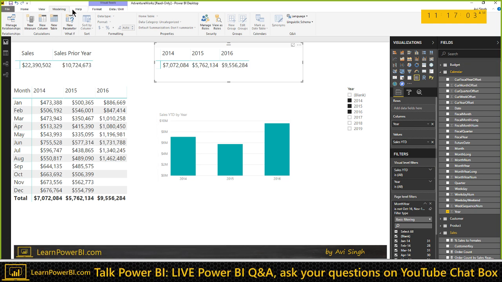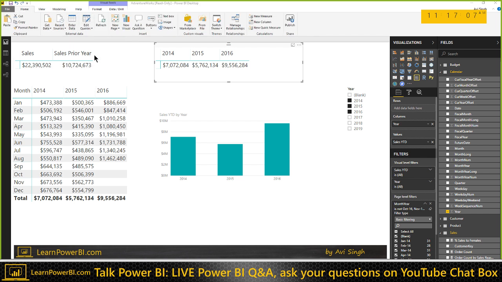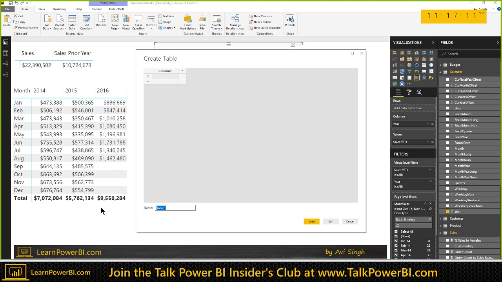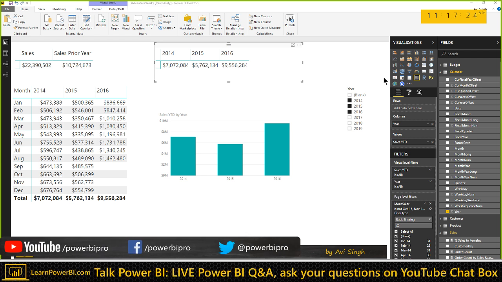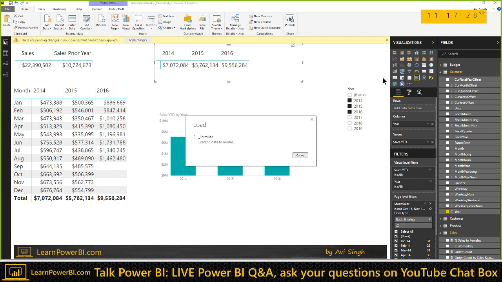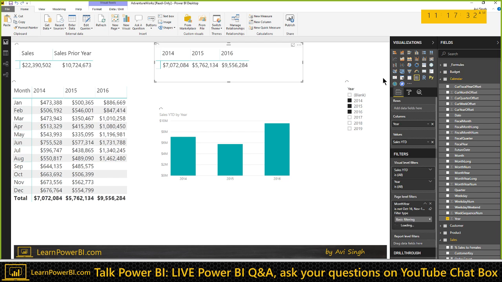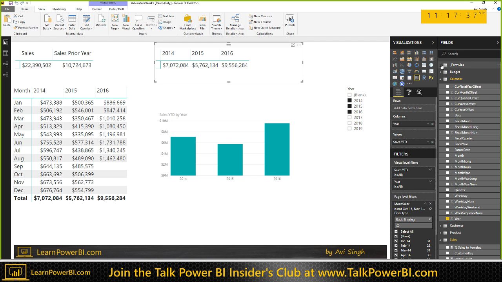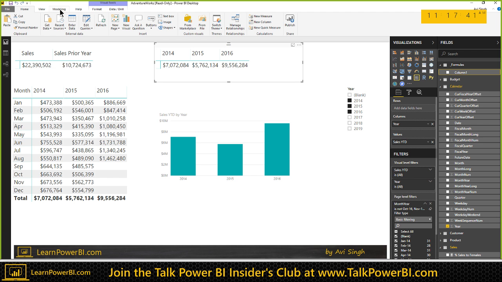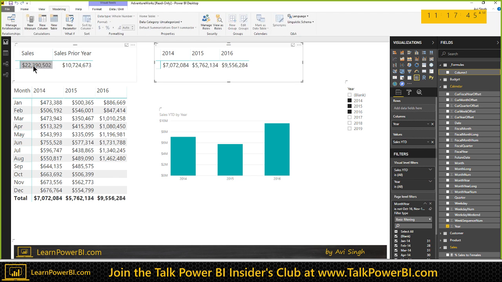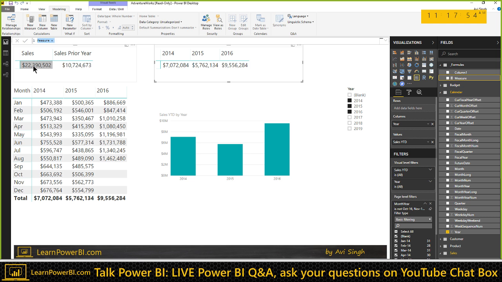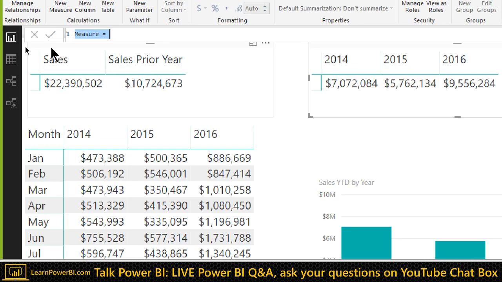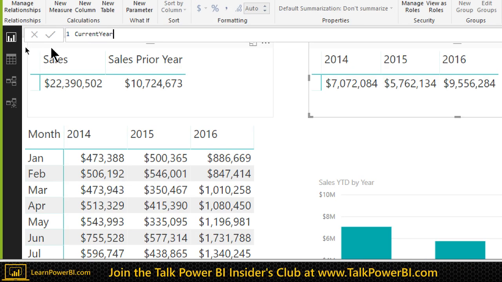So let's do a separate folder for this, just to keep my measures here. Year to date, just for that. Okay, let's go step by step. We're going to say modeling, new measure. I want to first figure out, I'm looking at 2015, 2014, but all I care about is the current year. How would we do that? We'll just go to the calendar table, and we'll say current year value equals